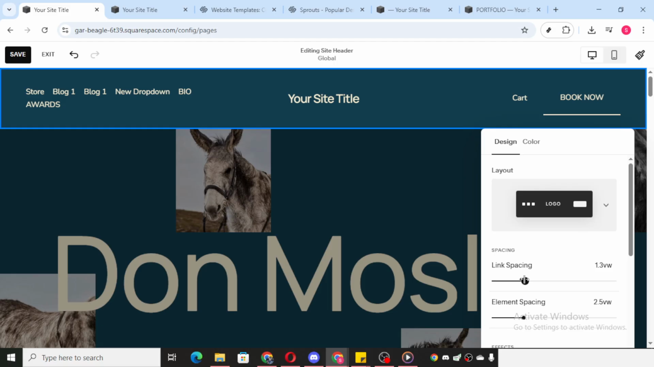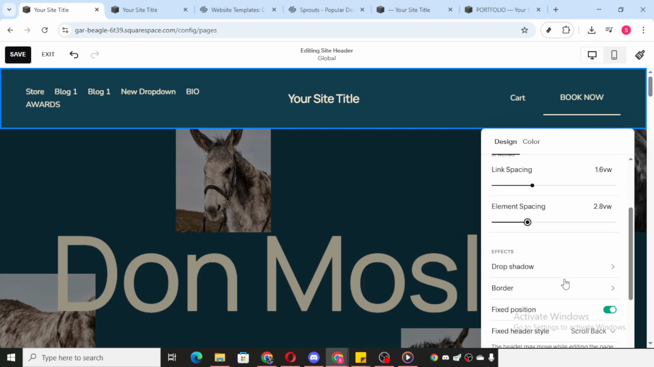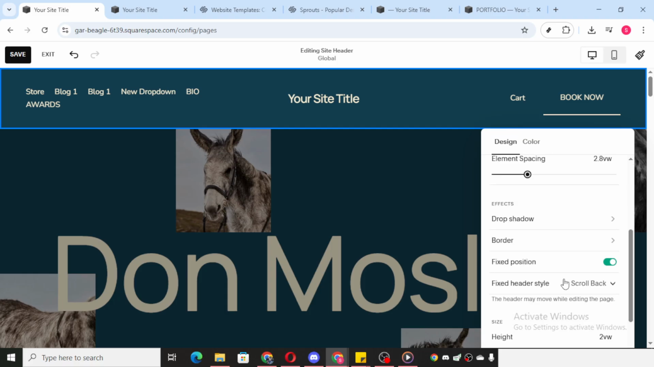Look under the Design category. This is where you'll be spending most of your time to ensure your menu is perfectly tailored to your site's aesthetic. Here, you have several options to adjust the spacing of links and elements within your header. Adjusting these will allow you to control how much space lies between each link, which can be crucial for both aesthetic value and functionality, especially if you have a lot of pages or fewer, but want to spread them out